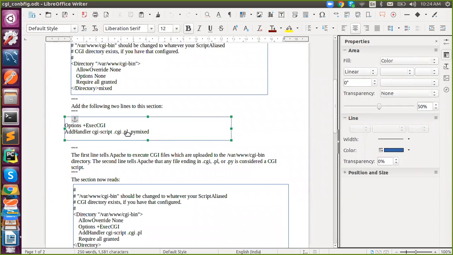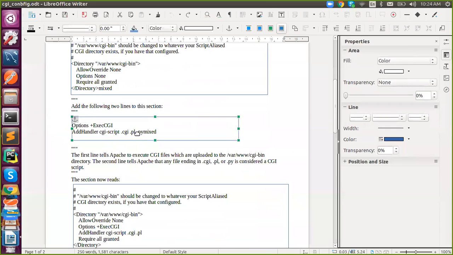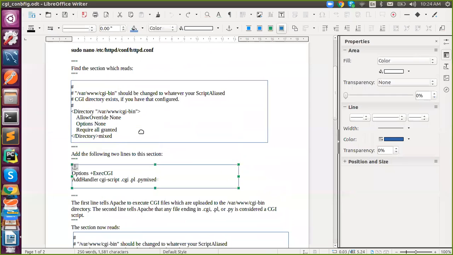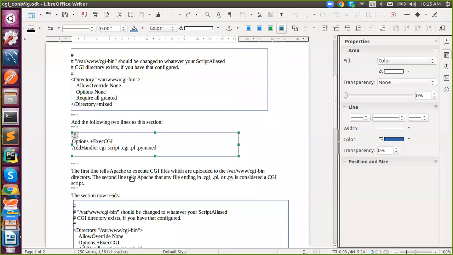You need to tell CGI that I want to execute the Python extension. So you have to add this, and then only CGI will understand it. You will find that under the HTTP configuration. If you install Apache, you will find a file called httpd.conf under the Apache folder, and there you need to add these two lines. That's it.